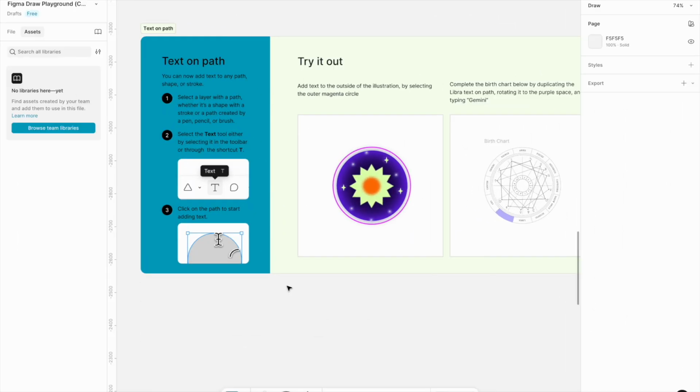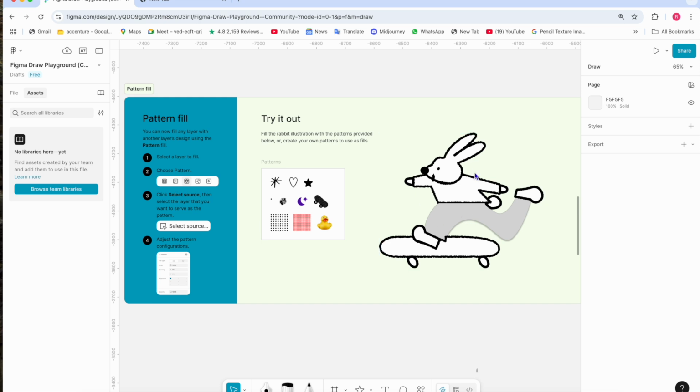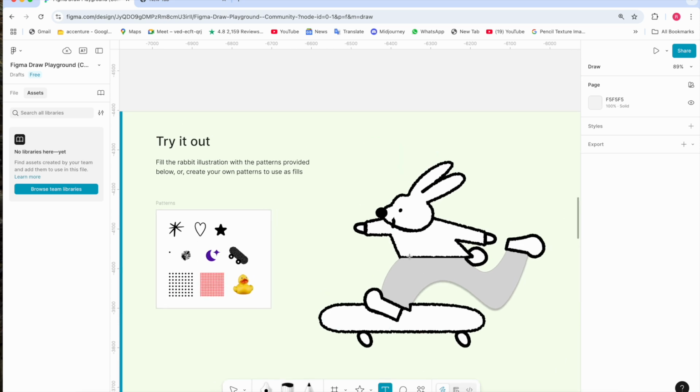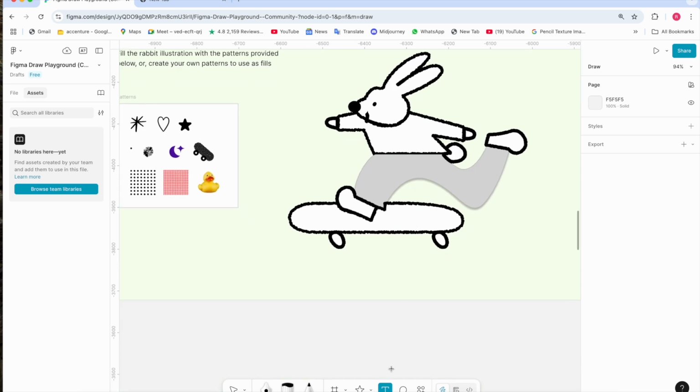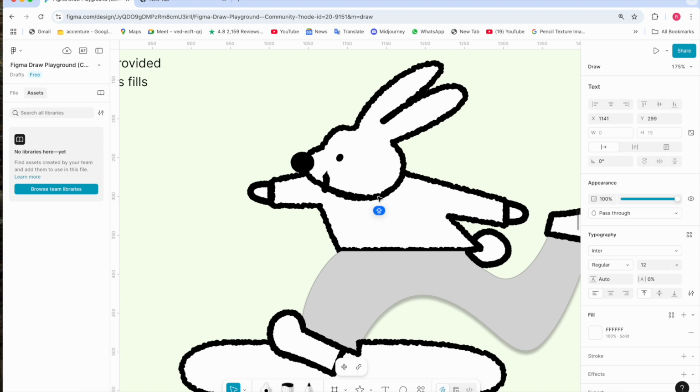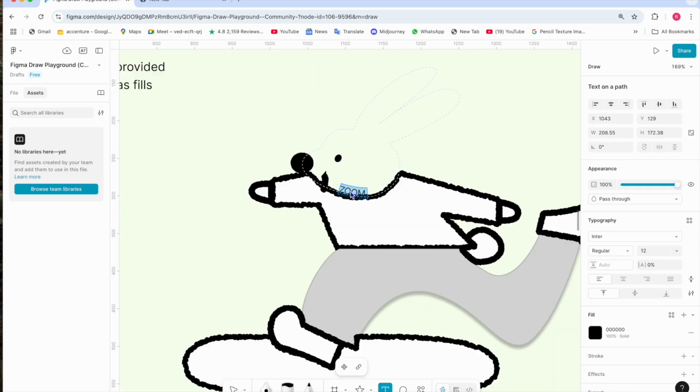Now the next tool we'll explore about is text on path. So for example, this is the line art, and if we want to create a path, you can go to the text section and you can click the line path. For example, if we can enter zoom, we paste the same text.